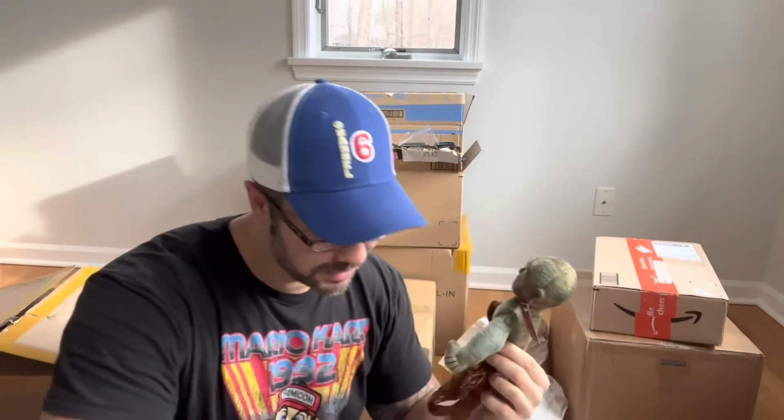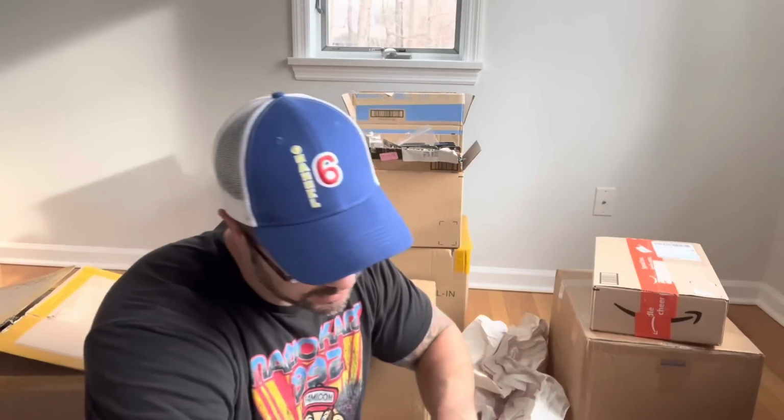Got the Zolo tag there, very nice. And first figure pull. Ooh, we've picked up some Warrior Beasts. So